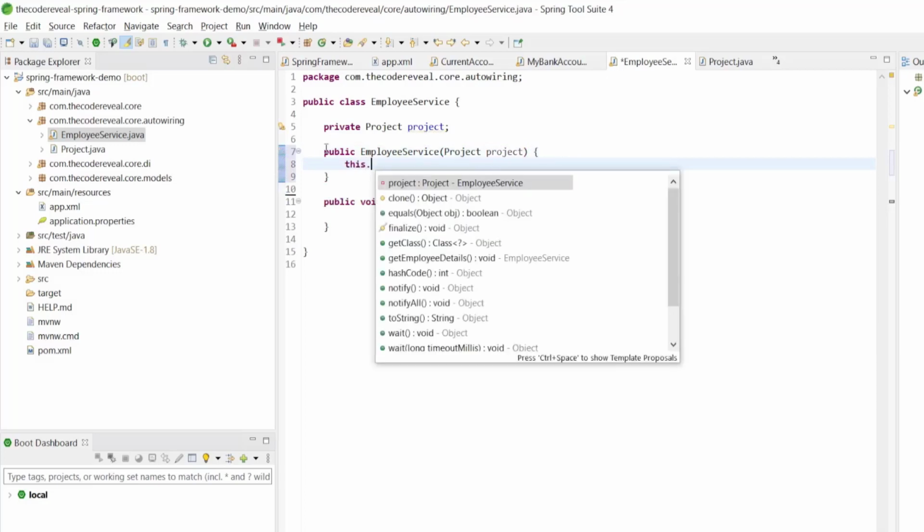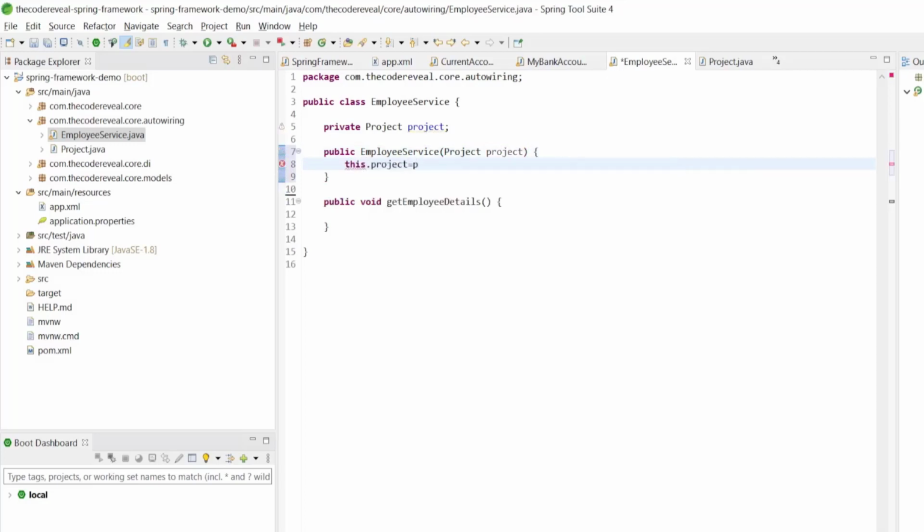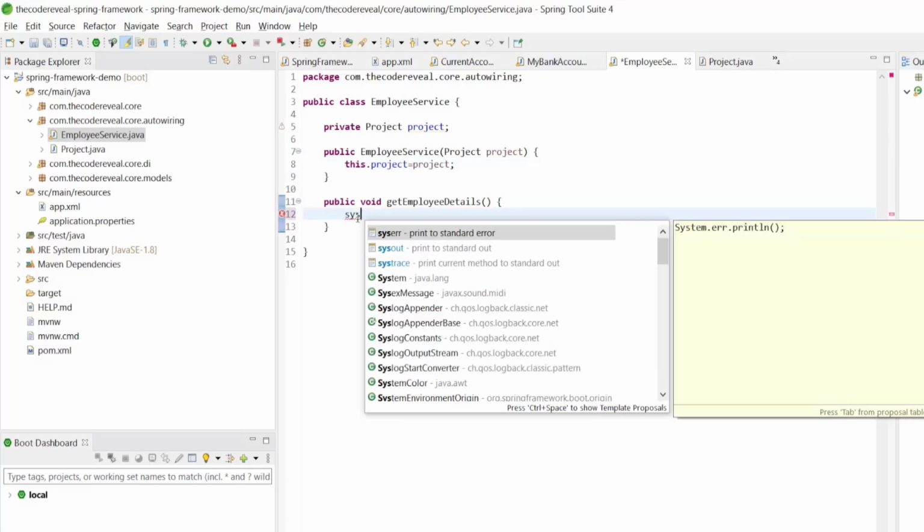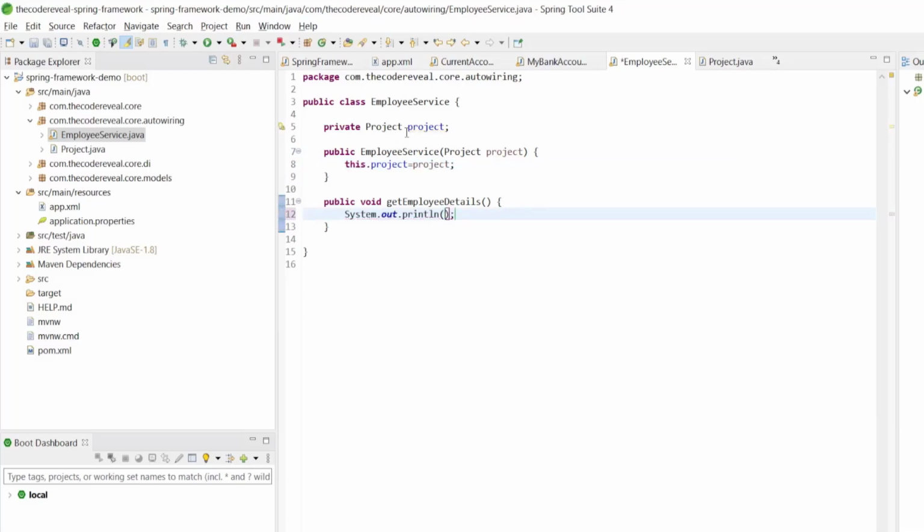And we'll use this.project equal to project. Let's add some System.out.println statements. Project ID,